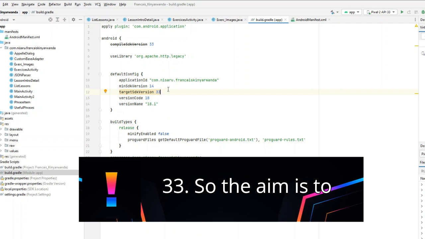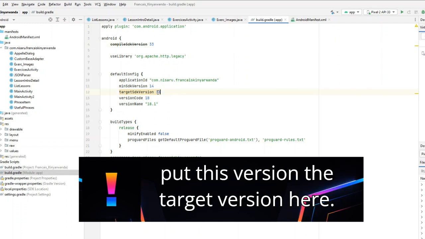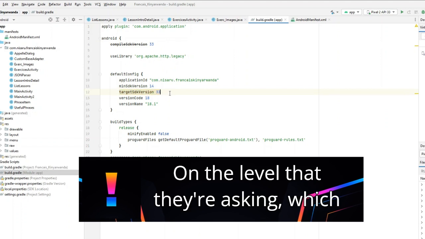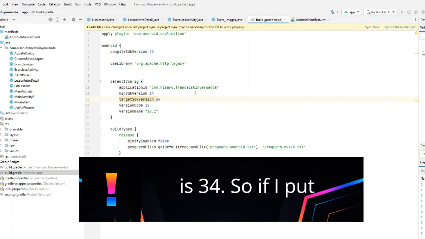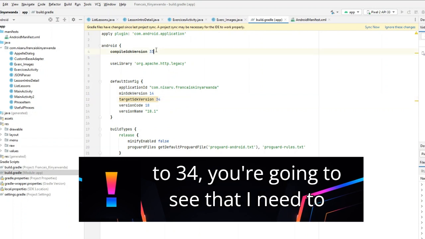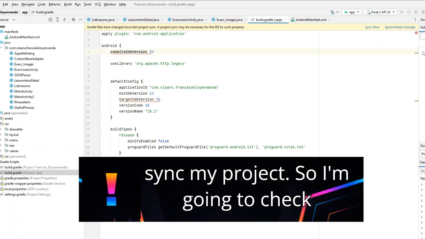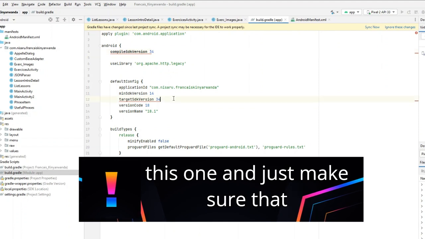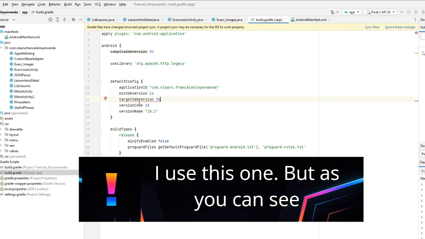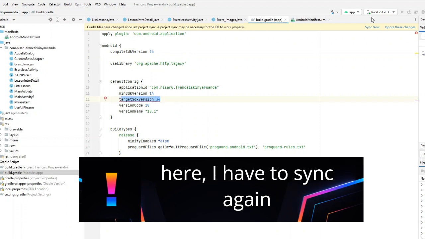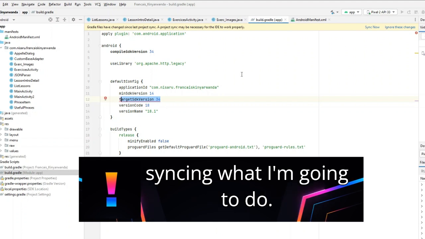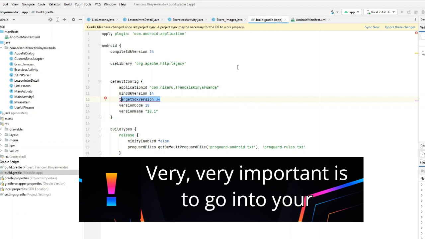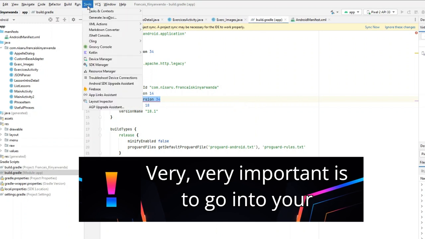So the aim is to put the target version here on the level that they are asking, which is 34. If I put 34, you're going to see that I need to sync my project. So I'm going to check this one and just make sure that I use this one. But as you can see here, I have to sync my project again. But before I do syncing, what I'm going to do, very important, is to go into your